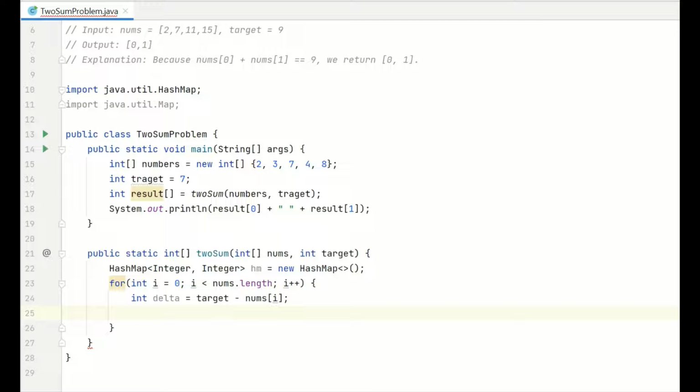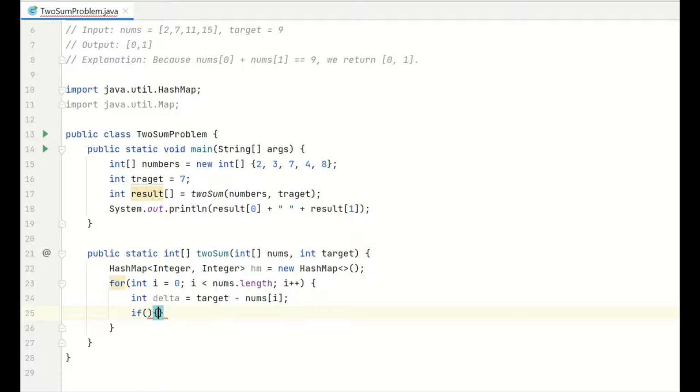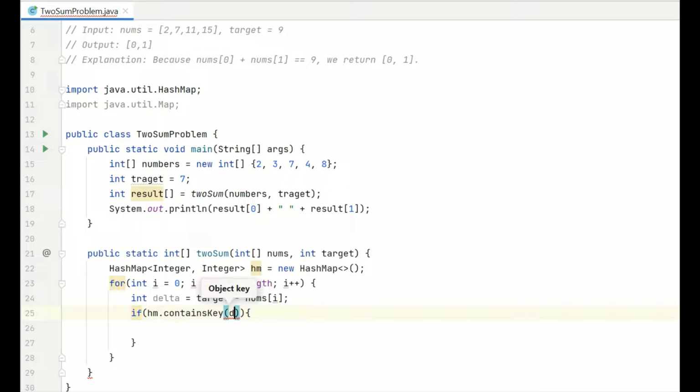We have the hash map where we are going to keep track of all the numbers we have visited. So if we have visited the number, we check if hm, the hashmap, dot containsKey, what? The delta, right? Suppose the current iteration is pointing at 3 and the delta is 7 minus 3, 4. If 4 was already visited and hm has it, then we have found it, so we'll return the indices. If not, every time we visit a new thing which is not added, we have to put it, right? So what we'll do, hm dot